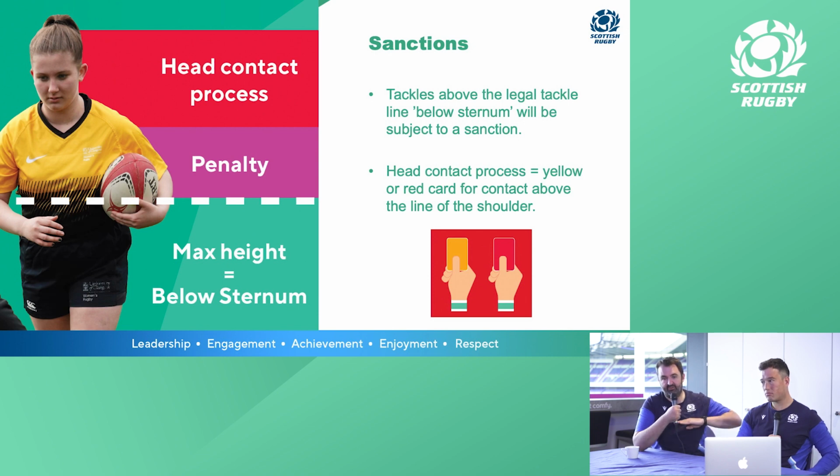But penalty above, and we need to go quite strong with a penalty, because in order to get a change in player behaviour, we have to sanction high tackle rates. Otherwise, we won't get that lowering of the tackle. So yeah, the head contact process will come in for anything above that shoulder area. Everything to do with mitigation will be taken into account by match officials,